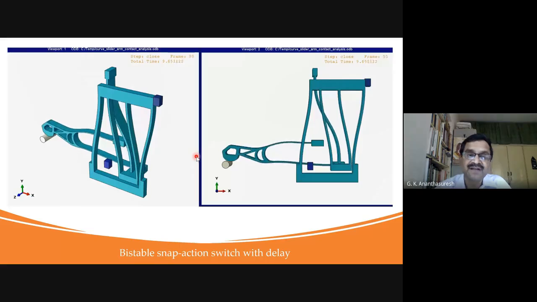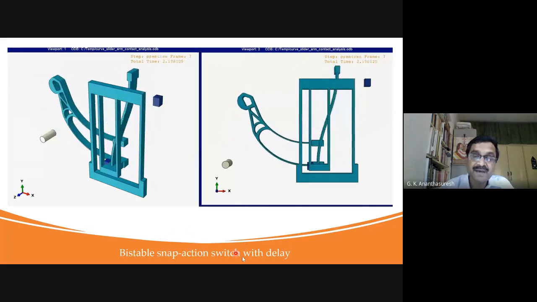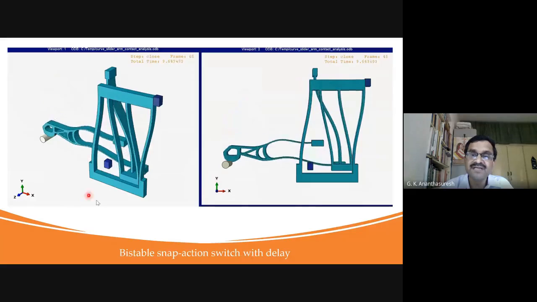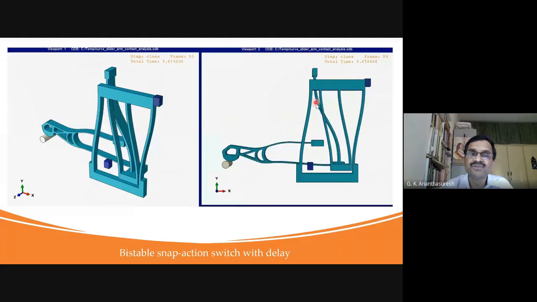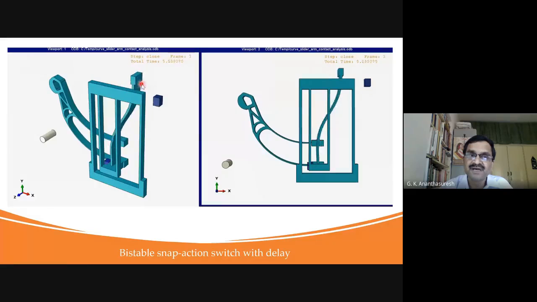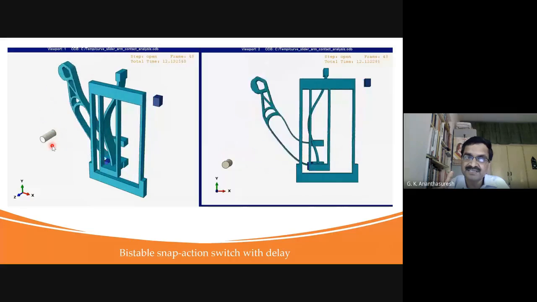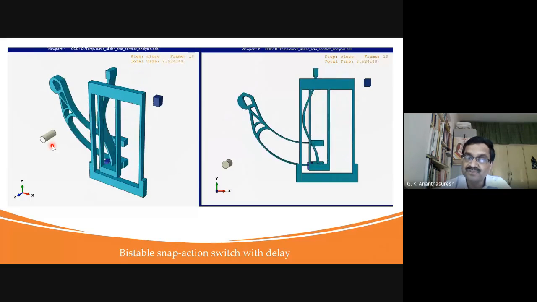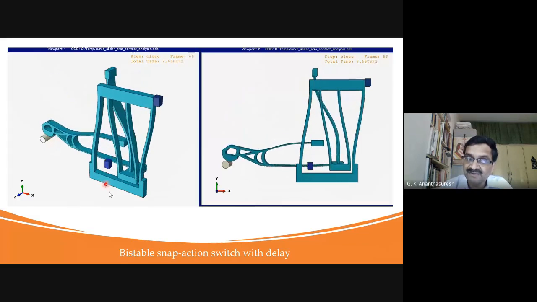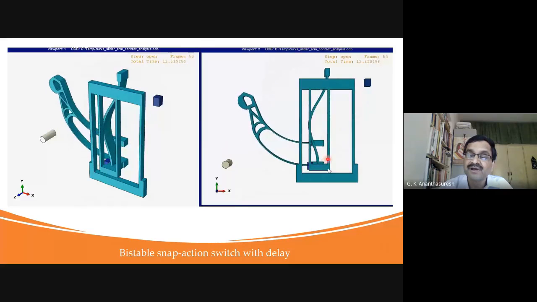This is something that we had done with the Eaton company in Pune, where you can see it's a snap action switch. It's all a single piece. There are no joints here. When you move this, after a while there is a delay and then it goes down and then stays there. It just accumulates energy and then snaps like this. So mechanically, you can create a delay and create very unusual nonlinear